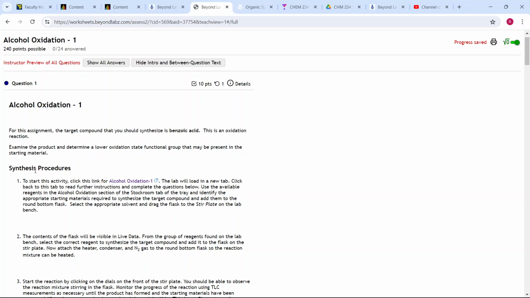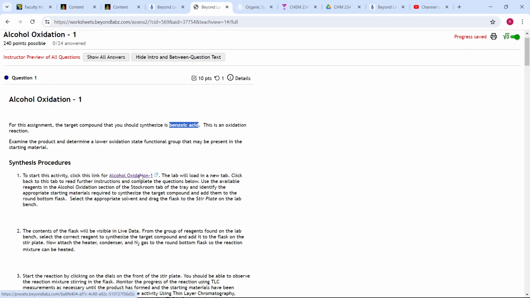You do have your procedure in there. Normally, they start with the target of the compound that you need to make. So we are making benzoic acid, okay? And it's called alcohol oxidation. This means that you are oxidizing an alcohol into a carboxylic acid. We already talked about this reaction in Organic 1, oxidation of primary alcohols into carboxylic acids. This means that you are using an oxidizing agent, which is a strong oxidizing agent